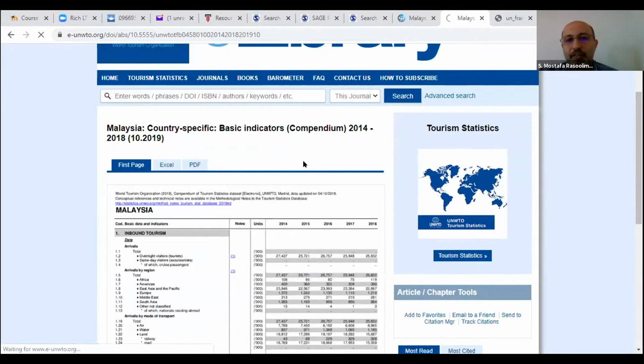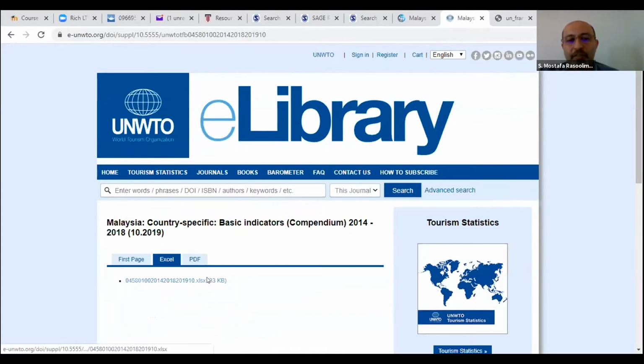If you click on Excel file, you can download Excel file for this data for the period of 2014 to 2018, right? So you have access to this type of data and you can use this secondary data for your research. But if your research objective needs you to use secondary data, you work with secondary data. But if you